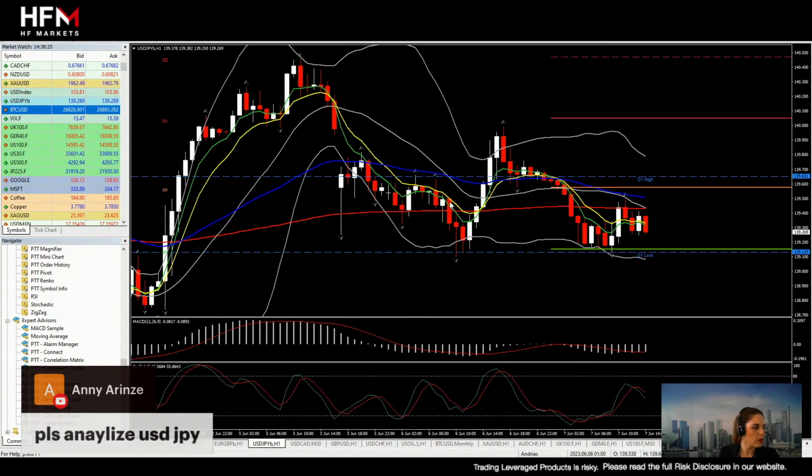Dollar yen, correction on the dollar weakness. We have seen yen gaining some ground, as you can see over here. It has to do with the fact that risk appetite has faded. So a nice pullback on dollar again. This kind of pullback is something that we have seen also in other yen crosses, such as pound yen, for example.